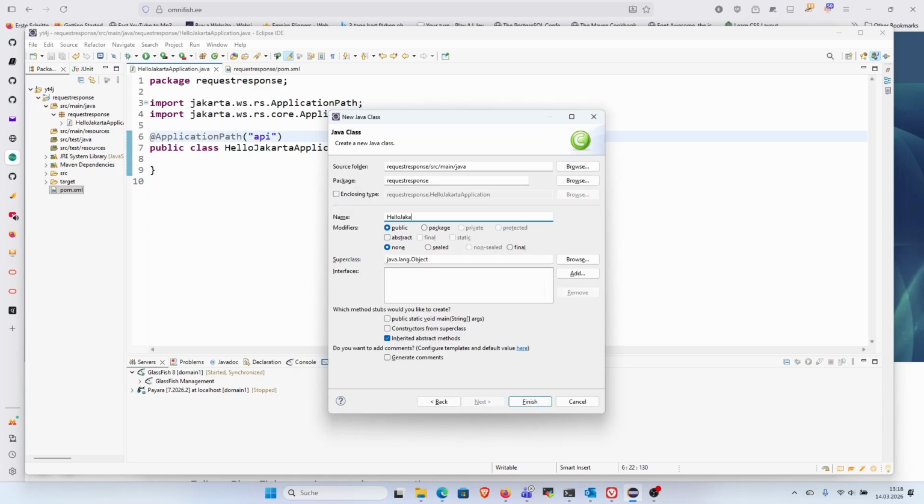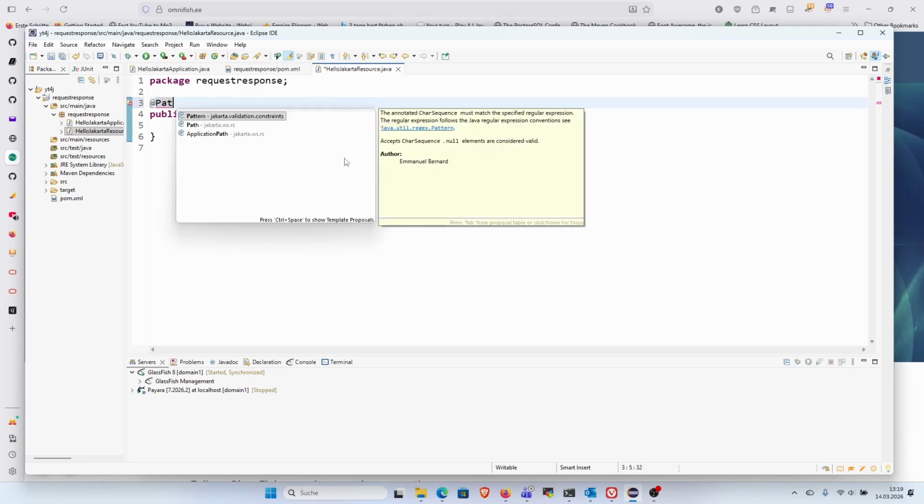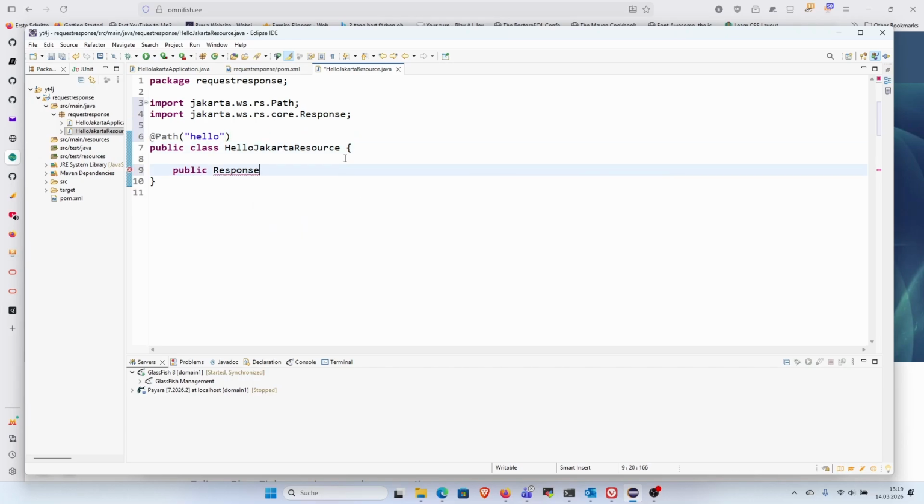Now let's create a resource class. Hello Jakarta resource. After I've done that, I have the resource class created. Now I'm adding a path. Let's call it hello. And let's implement a resource. Now I want to return a hello object